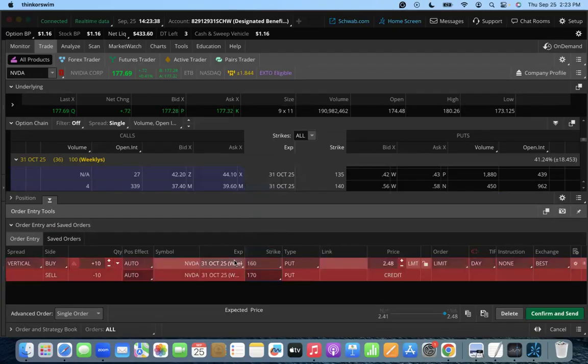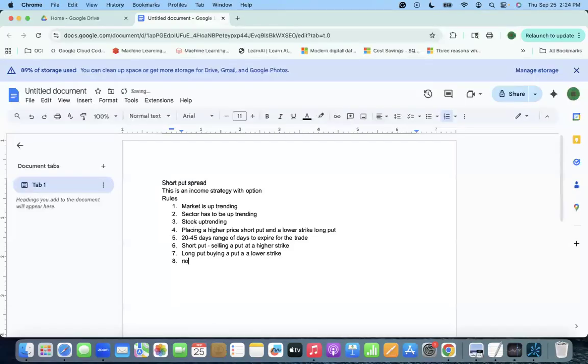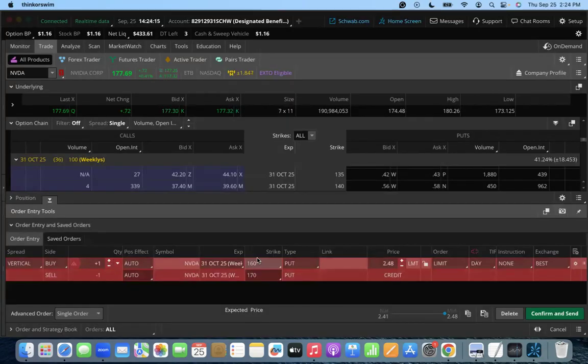So if you do that, you have an obligation to buy the stock at 170 if the stock price is less than 170, but you also can sell the stock at 160. So basically, you have a $10 wide spread, right? This is called the width of the spread, which is the higher strike minus the lower strike price, and it is also very crucial. This comes into the picture of risk management, or risk tolerance, I would say. Risk tolerance: how much money you are ready to lose